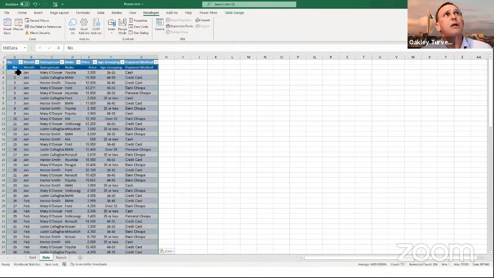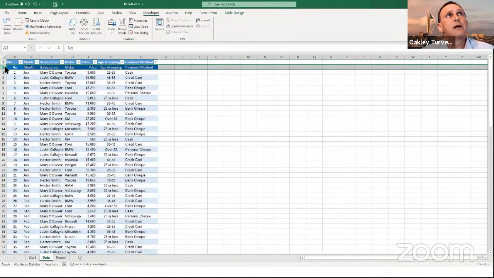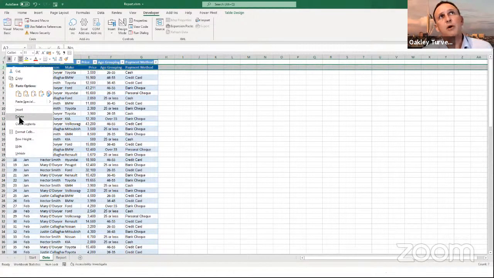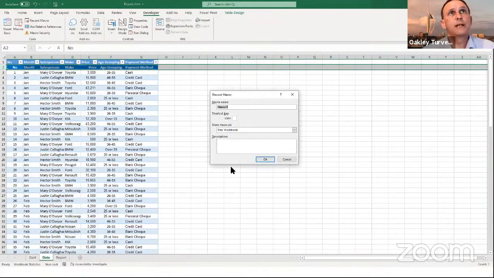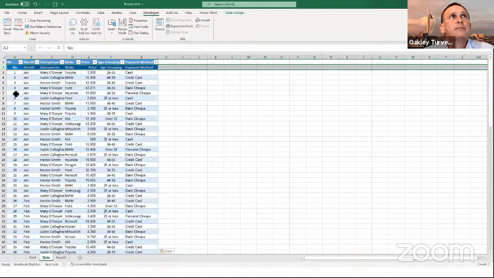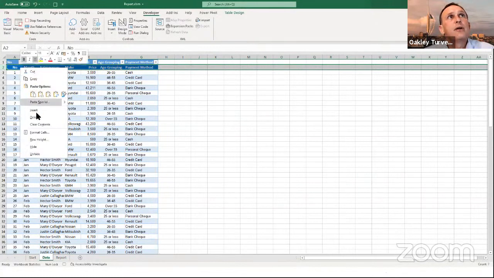Now what I'm going to do is just delete that row there. Now, if I'm always going to have to do that, I would record myself doing this as well. So I'm going to say, well, let's do that. Let's just say record ourselves, and let's call this delete row. Okay. So we're going to go here. We're going to select that row, right click inside the data, delete,